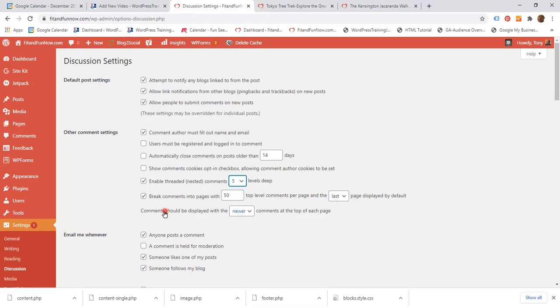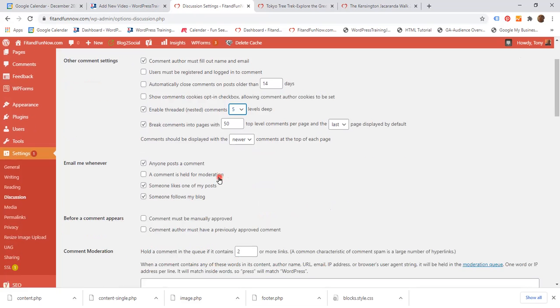I have 5. And check also this box, break comments into pages with 50 top level comments per page. And the last page displayed by default. Comments should be displayed with the newer comments at the top of each page. So the most recent comments should be at the top of the page. Email me whenever anyone posts a comment. This is important. Okay, a comment is held for moderation. No, because you're not going to have any comments